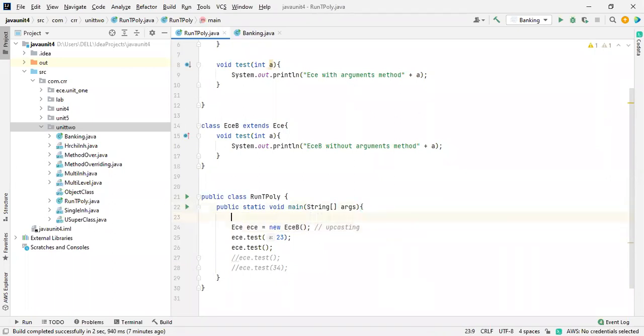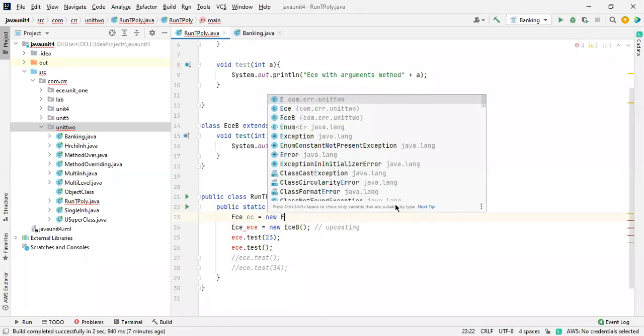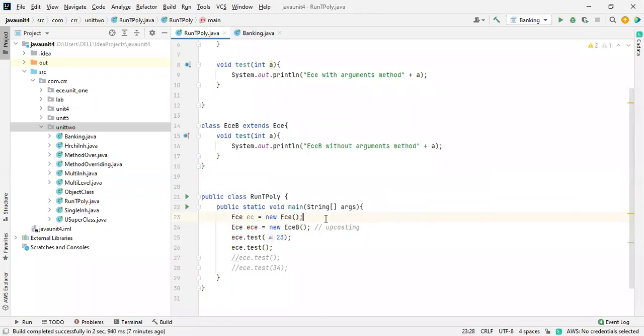So when we write ECE ec equals new ECE, this is at compile time. I think you got my point.